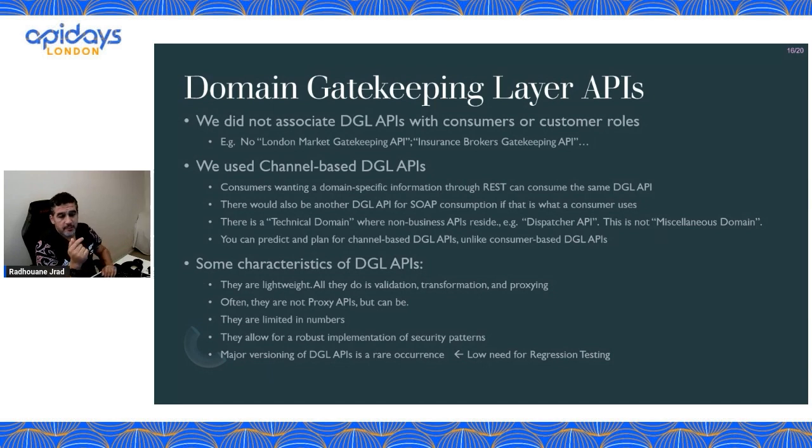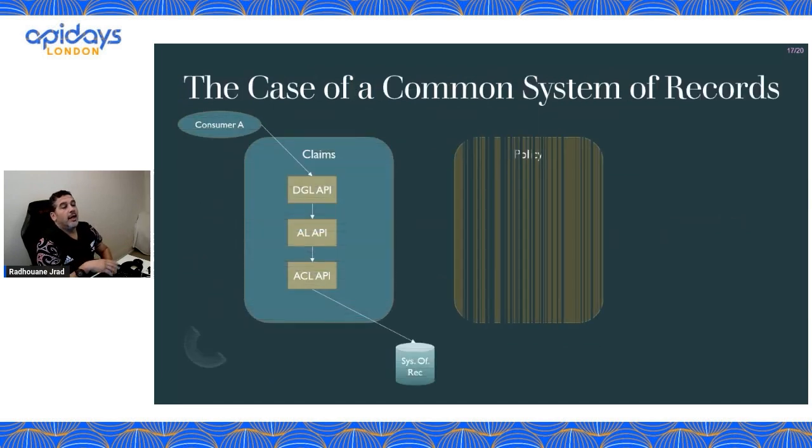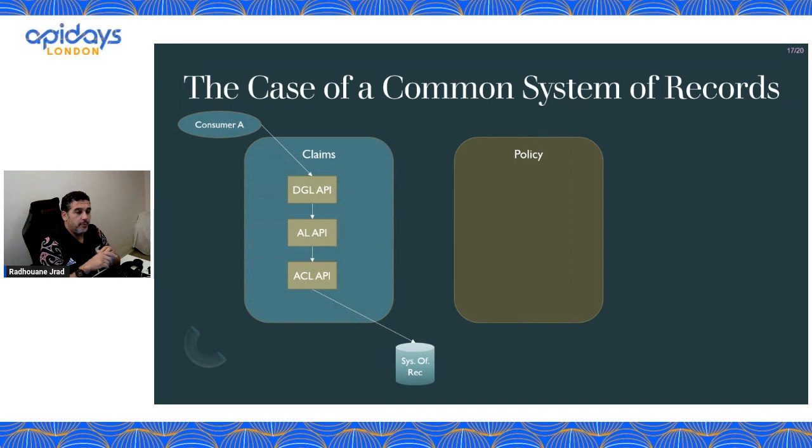Okay, very good. Now, this is a good example because it has some repercussions in terms of physical location of data. So you have a system of record that has both policy data and claims data. Okay, so physically it's the same system, or just the same database. And when I say physically, I mean application layer, let's say, as a system of record, it's the same system of record.